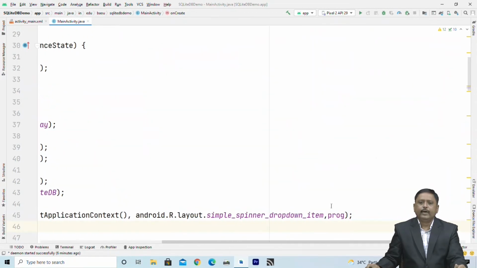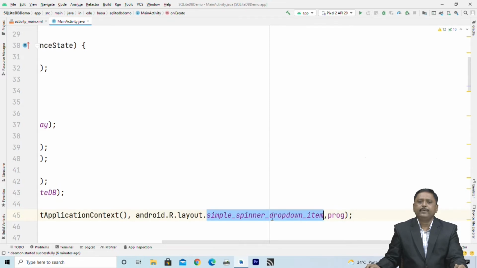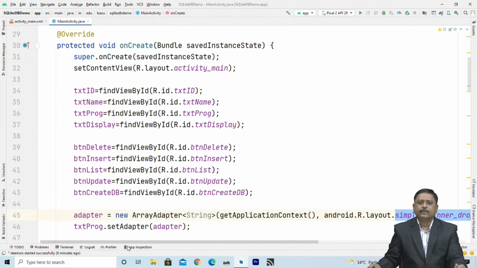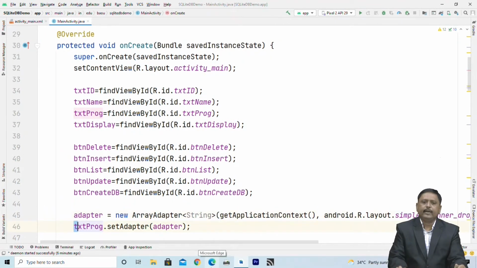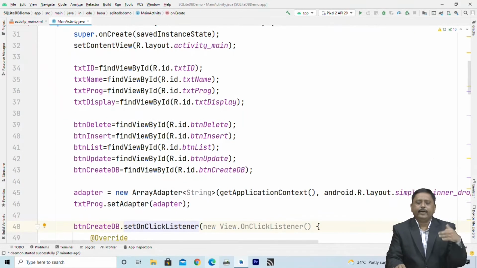So it displays prog as a simple spinner drop down item inside the spinner. So txtprog is the name of the spinner, and using setAdapter we can set the adapter, which actually displays the names of programs inside the spinner like we have done in list view.